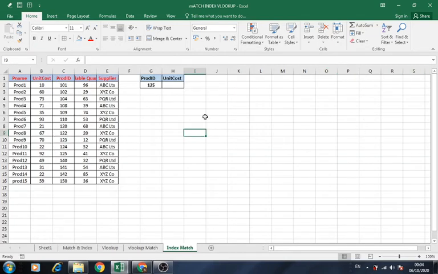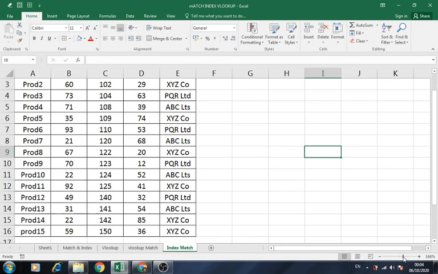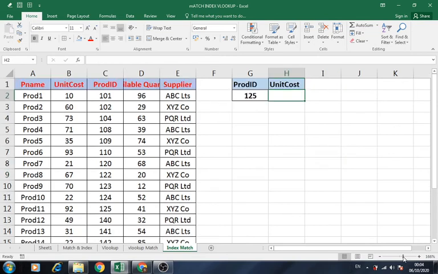Now here is another example. Please observe the source data. In this source data, this product ID, the key field, is not the first column of the source table. So using VLOOKUP, we will not be able to retrieve the values which are to the left of the key column.